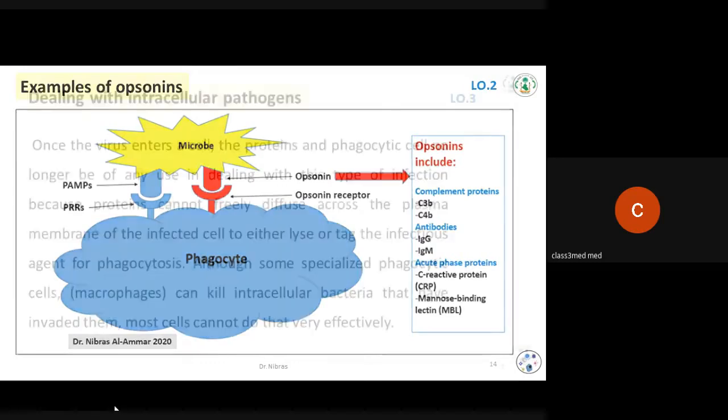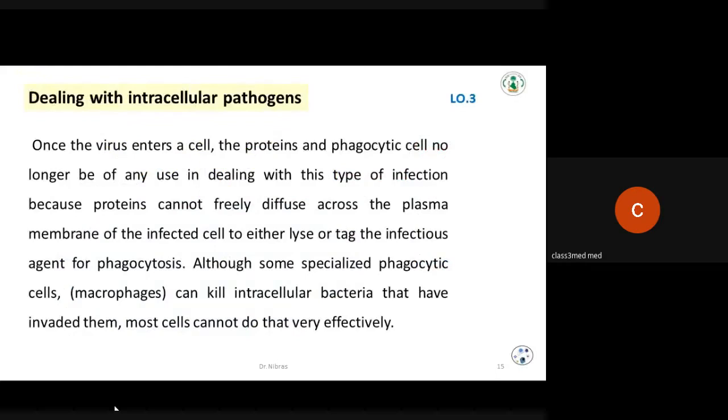Now, dealing with intracellular pathogens, when the virus or some parts of bacteria enter inside the cell. How does the immune system deal with this situation? The proteins and phagocytic cells are no longer of any use in dealing with this type of infection because the proteins cannot penetrate inside the cell. That's true, and also the phagocytic cell cannot deal with this kind of situation,